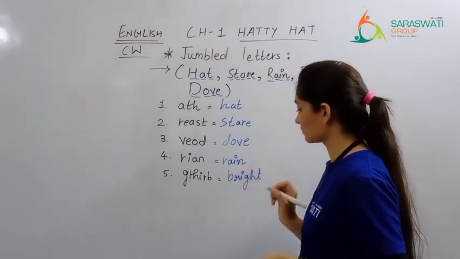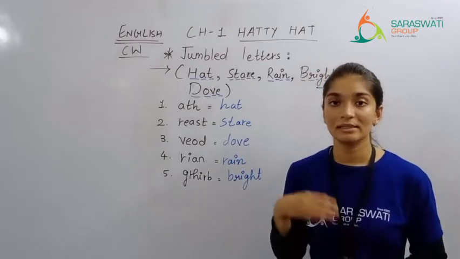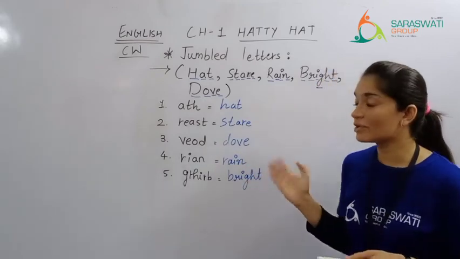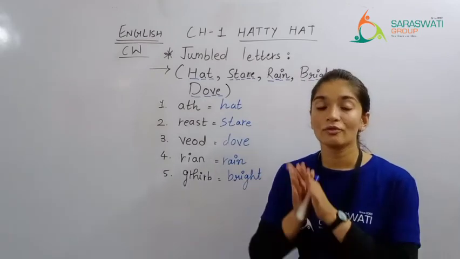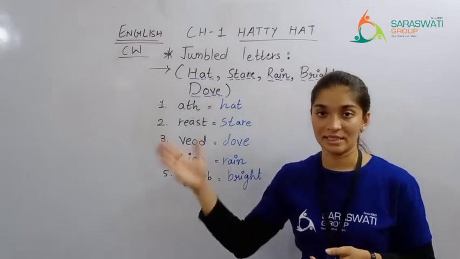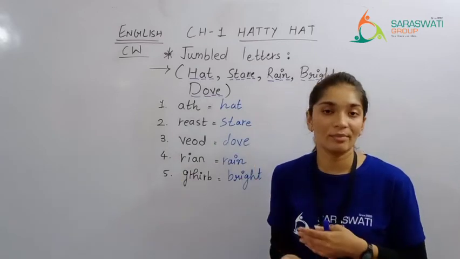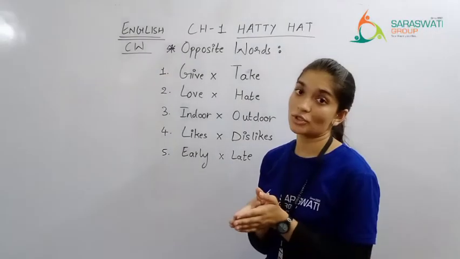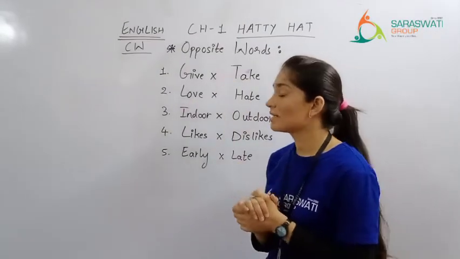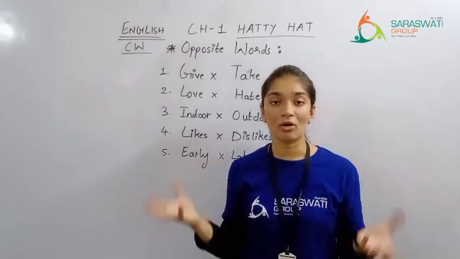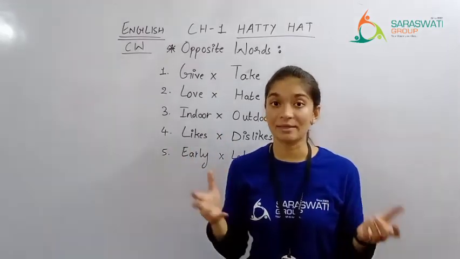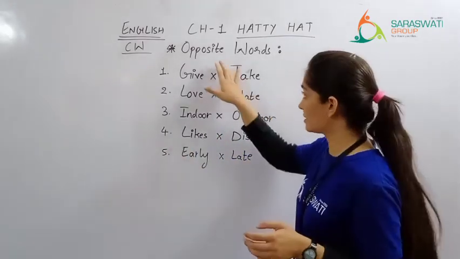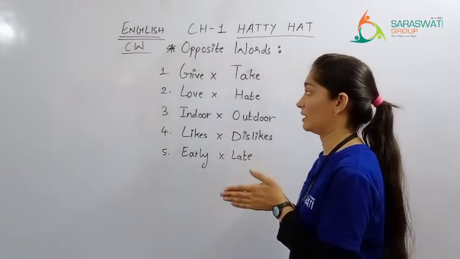Okay. So now let's move. I hope કે આ તમને સમજાઈ ગયો હશે. You are clear with this. So first of all, you are supposed to write the missing letters, then you are supposed to write the jumbled letters. Now we are moving on to the next one. We are supposed to start is opposite words. Opposite words એટલે કે totally opposite to each other, જેના meaning similar હોય નહીં. So now we are going to start with the opposite words.